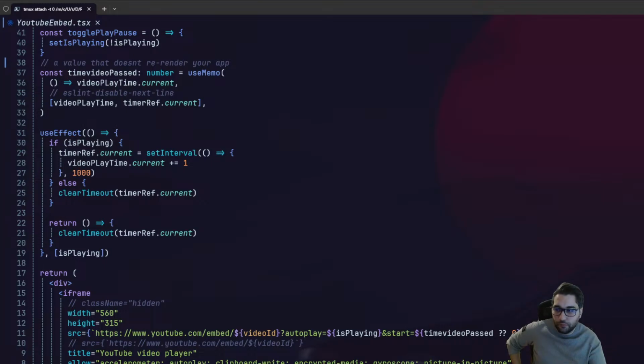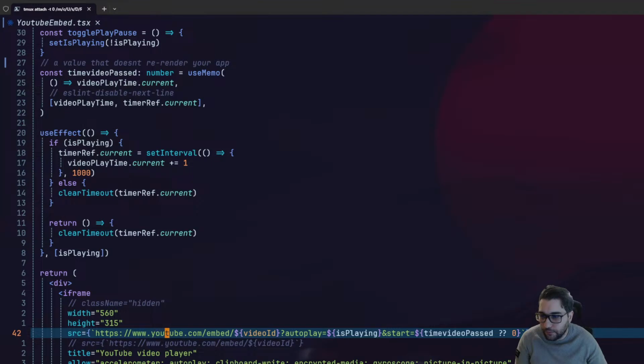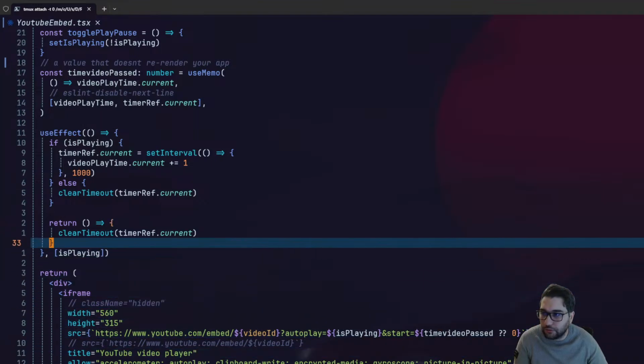I found out that if I put a source of a YouTube video, and then I go and choose a value of each plane and the time video passed and the video ID, therefore, each time you update your video ID, it will refresh. That's it. I think it works like that, but the only issue that I found is that